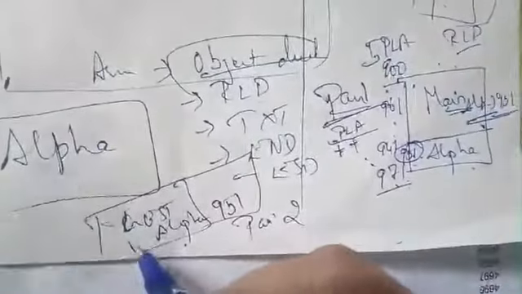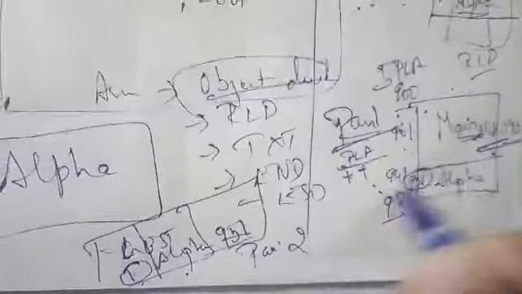So it will go over here. In the GEST we have stored alpha as 1. This table will be filled during pass 1. So that will get 951. So 1 matched with this one, then 951 is stored over here. This is what pass 2 is. So this is the introduction.